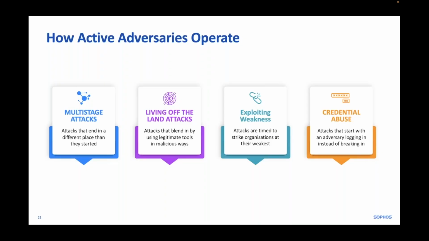And this is particularly relevant when we look at the way that active adversaries operate today. So many attacks are now multi-stage attacks. So the remote encryption is a really good example of a multi-stage attack, because the end effect of that attack, i.e. the data being encrypted, is not the starting point of the attack. The cyber criminals will have already found a way into this state. They may have moved laterally several times. They may have done things like privilege escalation before eventually the product of their labor drops out the other side. So it becomes really difficult using technology on its own to be able to join the dots and understand how that attack took place.